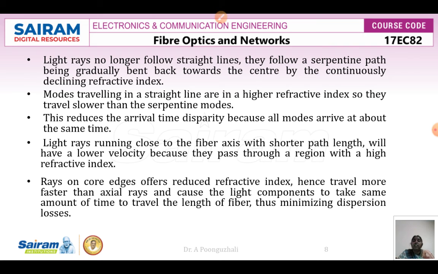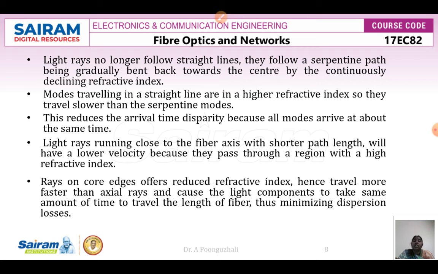So here in this case, when a wave is going to travel through a higher refractive index, it is going to have a shorter wavelength compared to the wave which is going to have a lower refractive index. So the lower refractive index wave is going to have a longer path length compared to the higher refractive index wave. So as a result, we can see that we can have this bent waveform to be present.